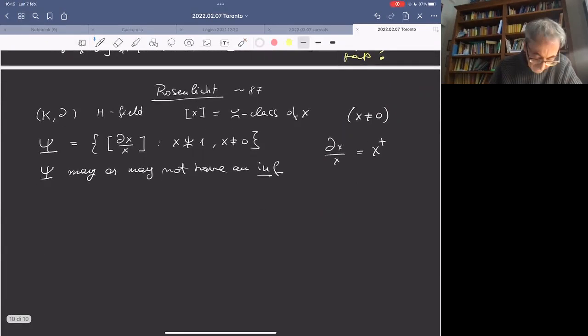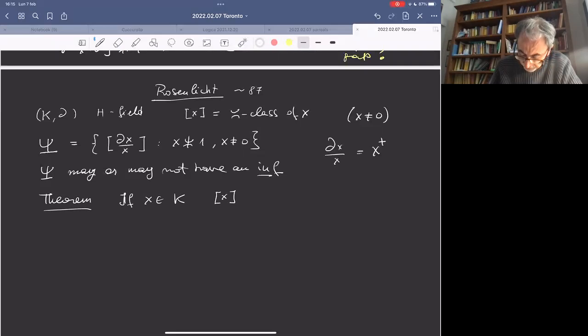But then you have the theorem that if X is an element of K, and its Archimedean class is different from the infimum, which includes the case in which the infimum doesn't exist, so this holds vacuously if the infimum doesn't exist,